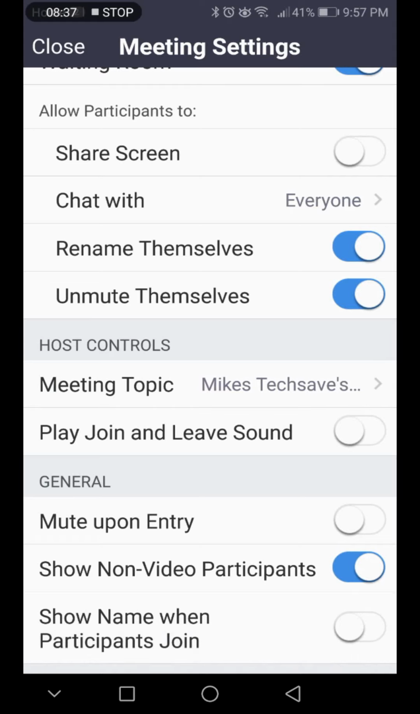In general, you can mute upon entry. So if you check this off, anybody that joins the meeting will be automatically muted. Show non-video participants. That pretty much means that if they don't have a video on, you still see them unless you turn it off. Show names when participants join. Some of these are the same options in the regular settings menu. But with show names when participants join, you'll get a little ding and a name pop up saying they joined the meeting. And you can turn that feature on or off. So there's that, and then